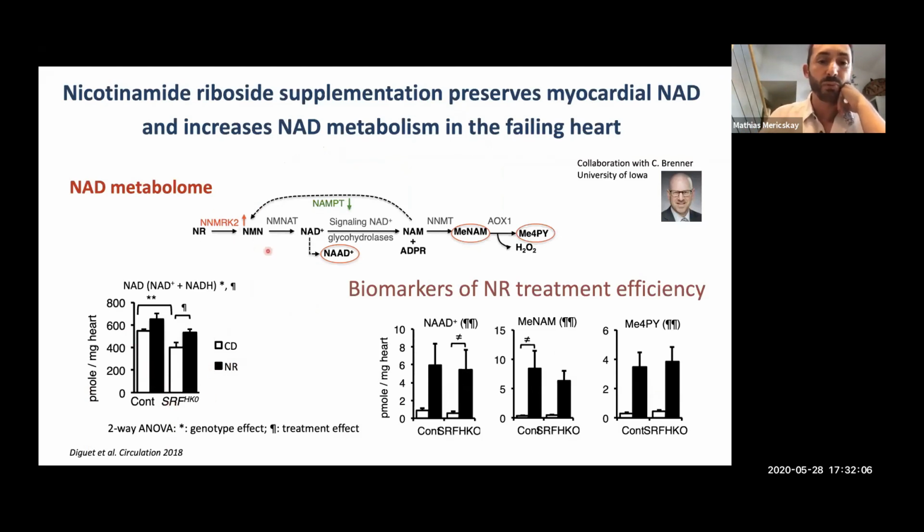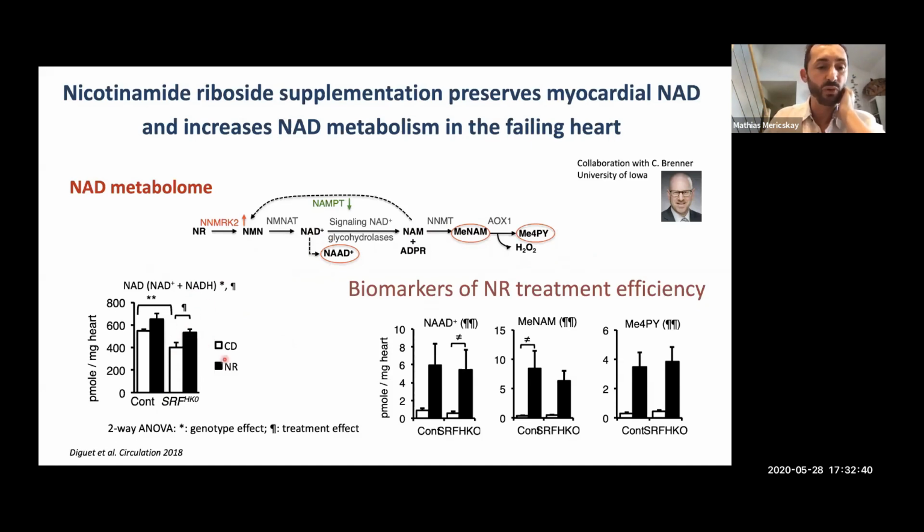And we performed a targeted metabolomic analysis in collaboration with Charlie to analyze the level of NAD and some of the intermediates in NAD synthesis or NAD degradation, such as this deamidated form of NAD, which is known to rise when you stimulate NAD synthesis, or this methylated form of nicotinamide and oxidized form, which are supposed to be kind of waste products of elimination when you have a lot of NAD. And as you can see here in the results, and this has been published already, so I will be brief,